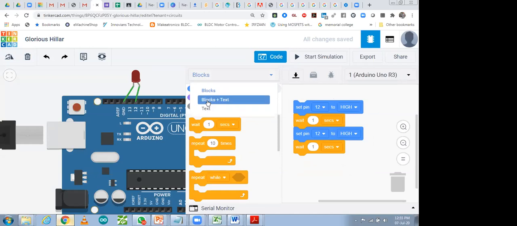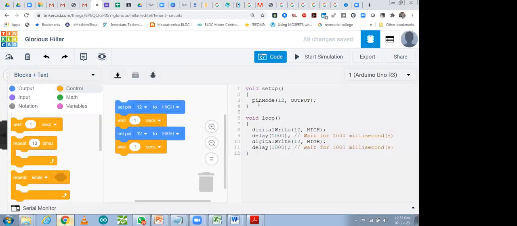You can see your code also simultaneously, what is happening. You have to define the pin. That is pin mode. First of all, you have to define the pin. As you take this pin, this one will automatically come. So pin mode, that is 12 number, output. If you do not define it, you will not get proper output at your pin number 12. The very important point is that you have to use it properly, then only will you be able to do it. You can see it over here.